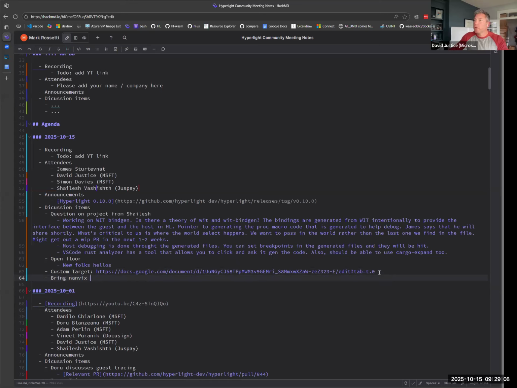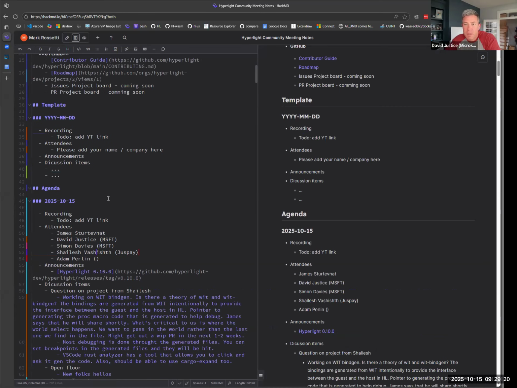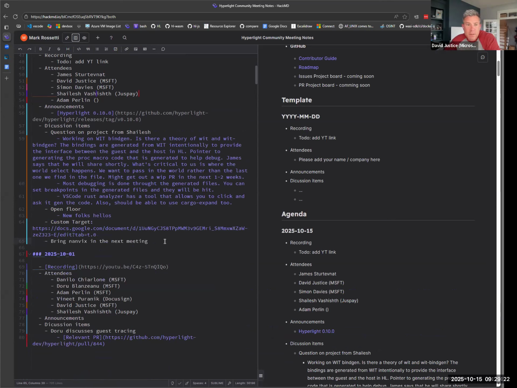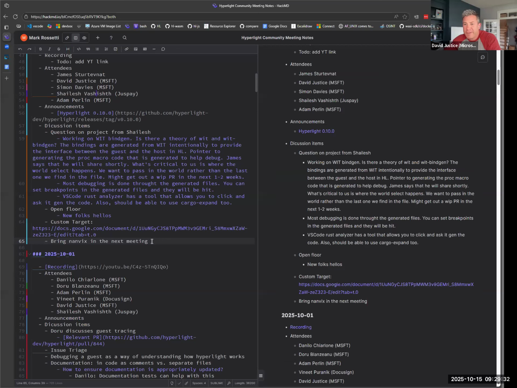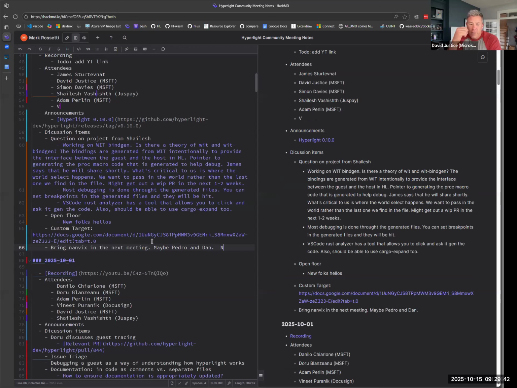And we've been doing some work in Hyperlight, and you can probably see branches out there where we have been working on seeing how Nanvix fits inside of Hyperlight. These have been some cool experiments, and I think it'd be really neat to get Pedro and Dan in to chat about it and just show people, okay, yeah, we can run unikernel kind of applications. Like we could run C code that's targeting Hyperlight's guest libraries.